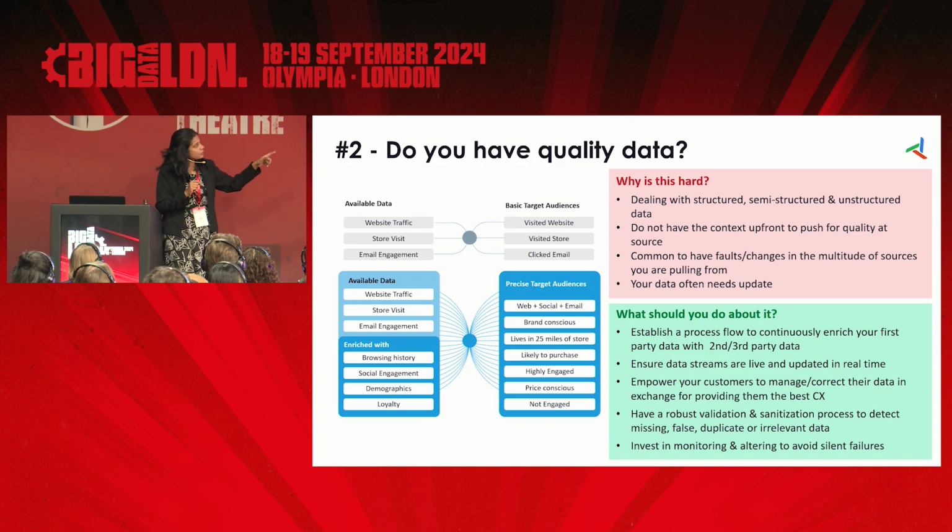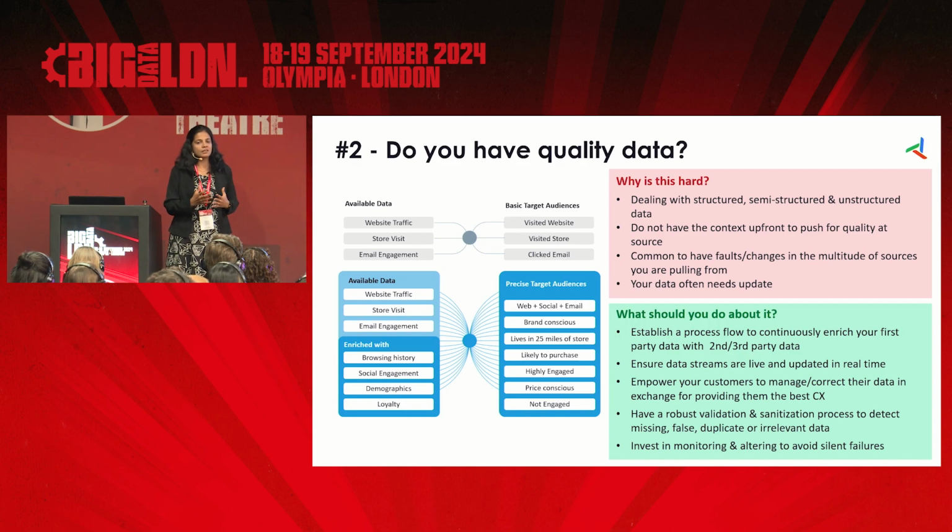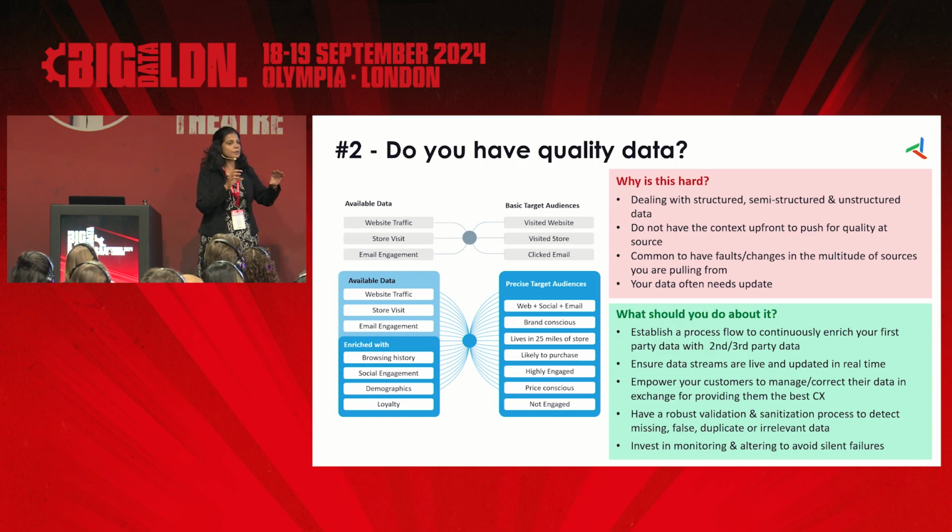Versus if you are able to enrich it with a lot of other behavioral, temporal, demographic, and other data from your systems, you're able to get more and more precise target audiences, which you can use to really target your campaigns. For example, if someone is not engaged, the messaging for that campaign has to be very different from when you're sending to someone who's likely to purchase, right? Unless you're able to create these very specific target audiences, if your CDP doesn't allow you to do that, then you're not going to be able to meet your marketing goals.